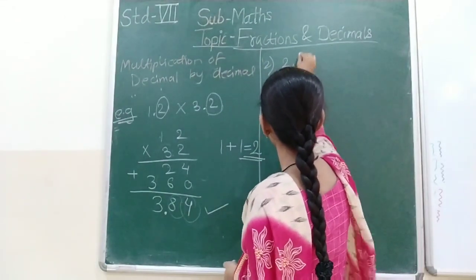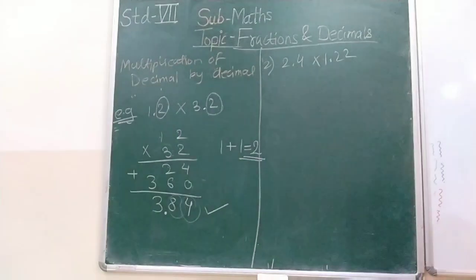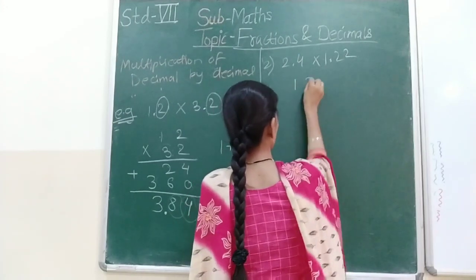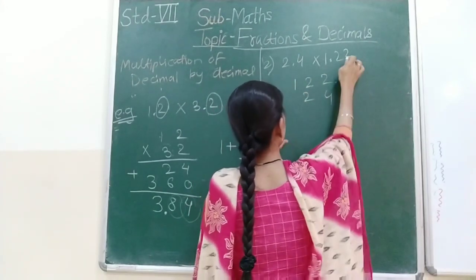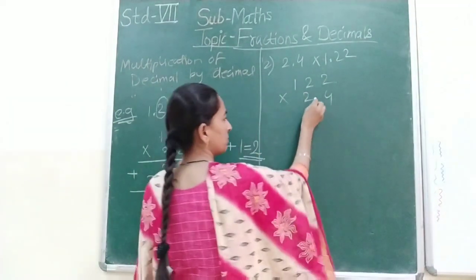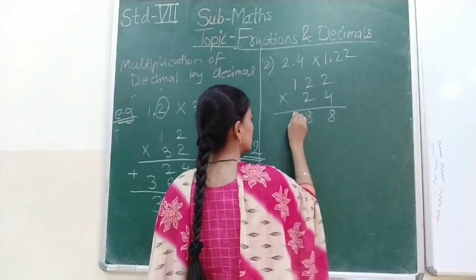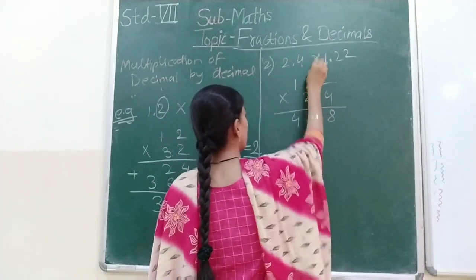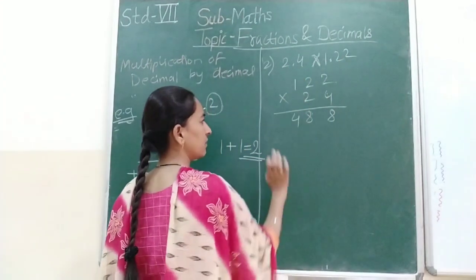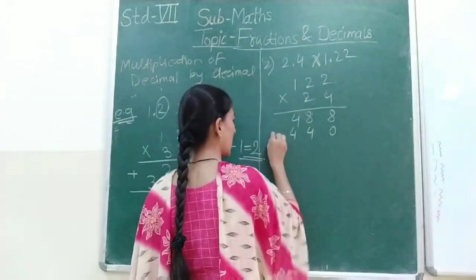Second example is 2.4 multiplied with 1.22. Okay. Now I am multiplying 2.4 by 1.22. So first take the number without decimal. I will write this number first because here are 3 digits, here are 2 digits, so this multiplication will be easy. 4 2s are 8. 4 2s are 8. 4 1s are 4. See, multiplication is commutative. If you take A multiplied by B or B multiplied by A, answer will be same. Now give 0. 2 2s are 4. 2 2s are 4. 2 1s are 2.